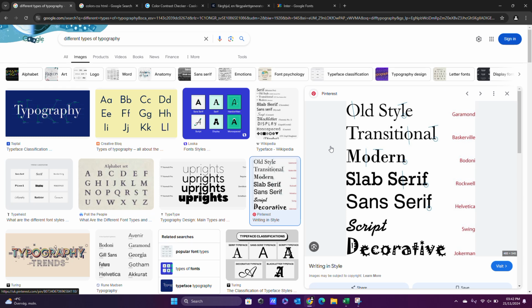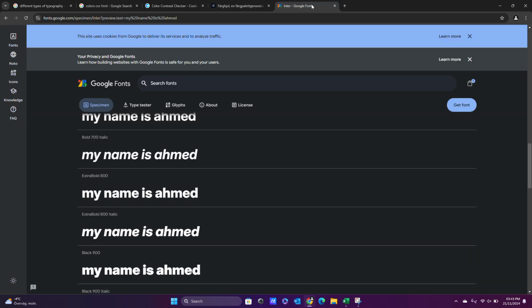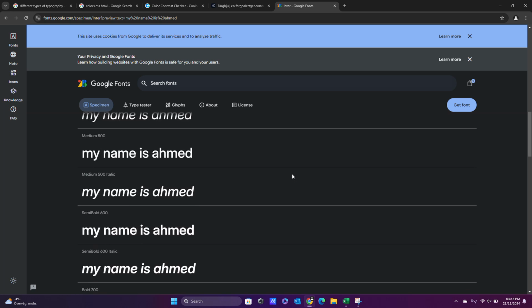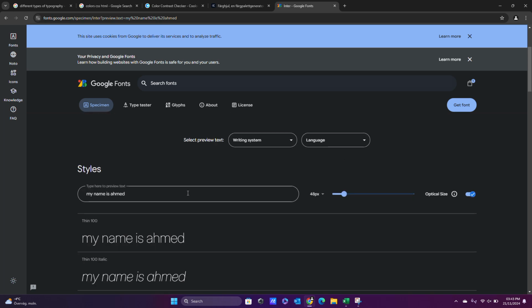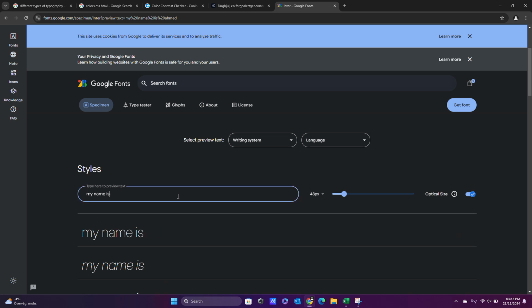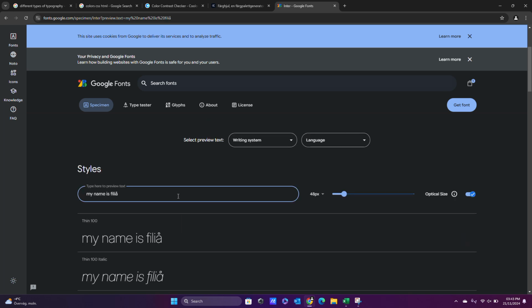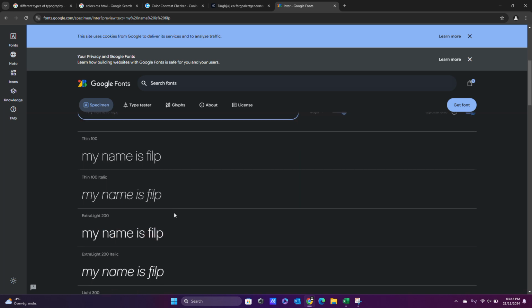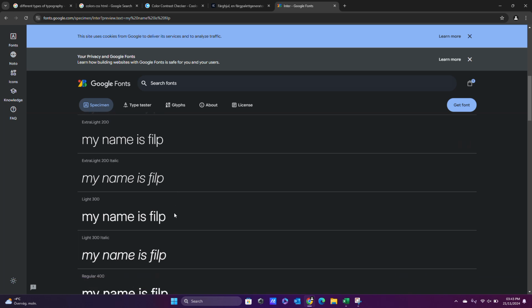so that you don't have to keep on choosing yourself, or if you're new, you're not going to have any experience in what the viewer would like to see. So there are a few websites to help you, like this one, for example. This is Fonts Google. Here you can see how different fonts will look without having to do much. Here you can see, you write something, like my name is Philip or Ahmed, it doesn't really matter. There we go. And you can see how it would look in different types of fonts, as you